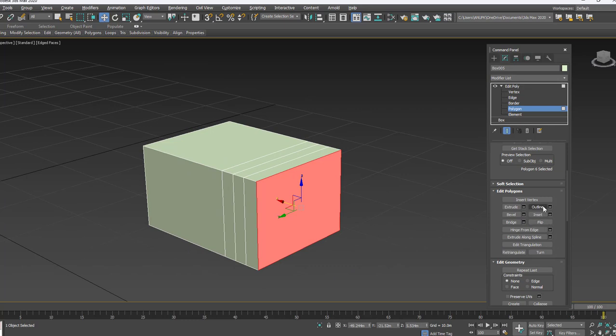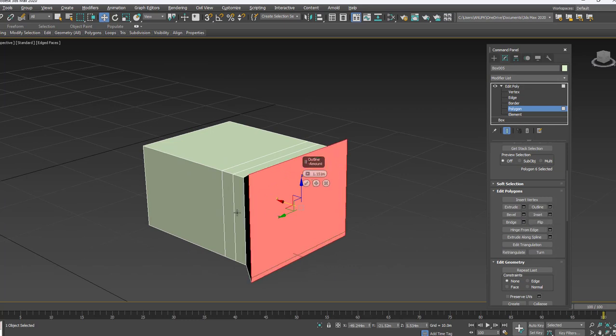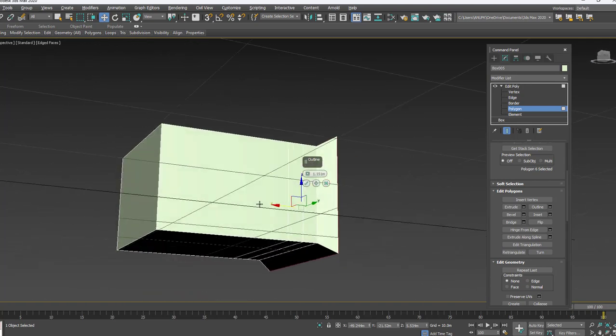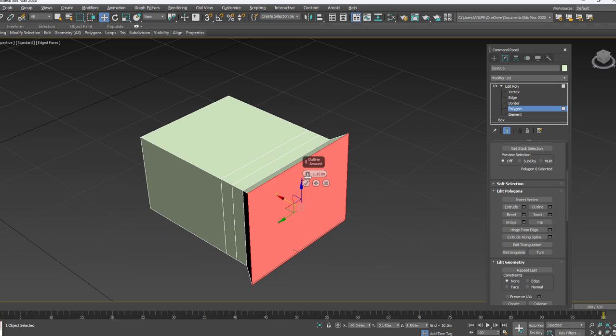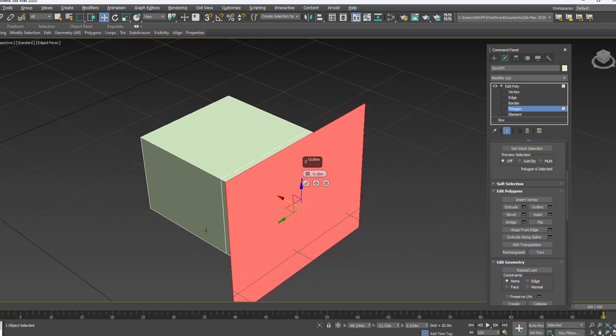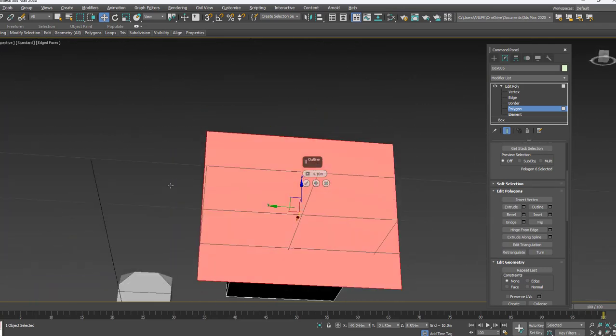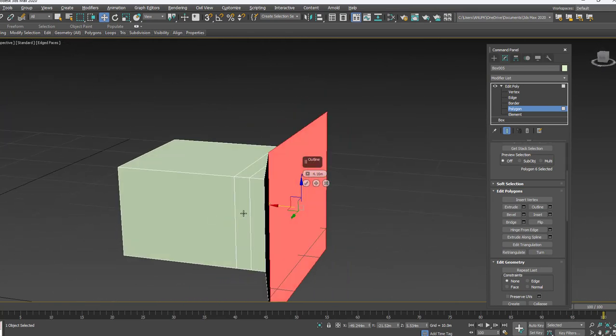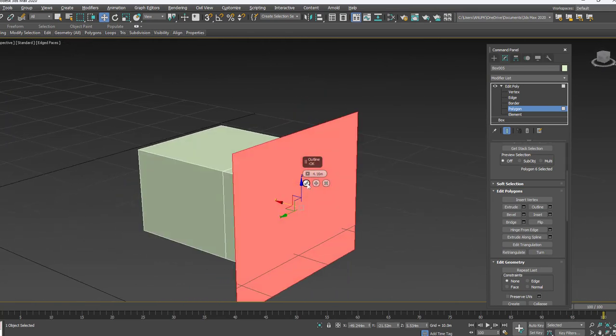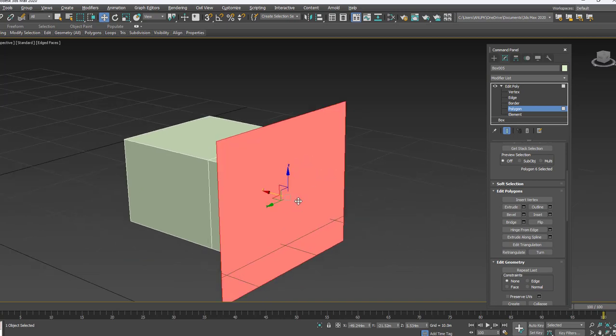Next one is outline. Click on the outline option and then you can outline like this. That is the outer projection you can do. See, and how much amount you want to project like this. For TV or desktop creation you can go with this outline option and then finish. Now if I want to get one more face towards the inside, then we have the inset option.